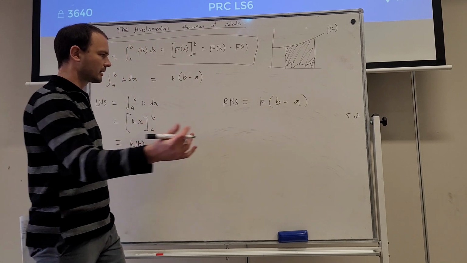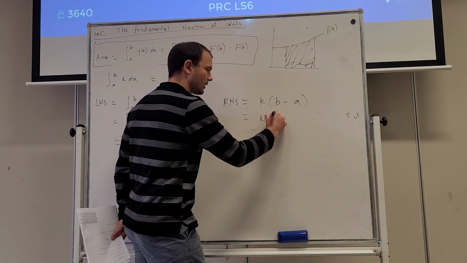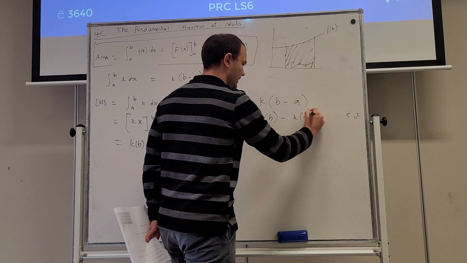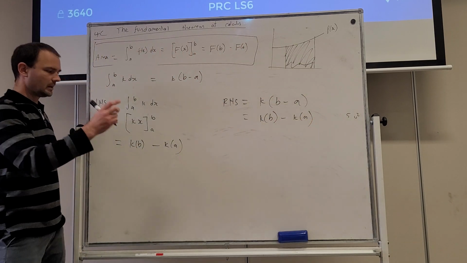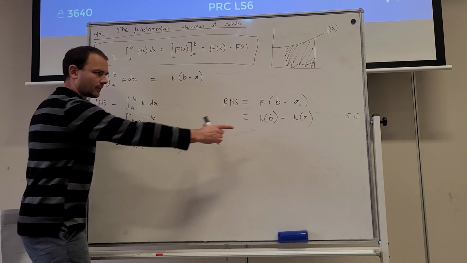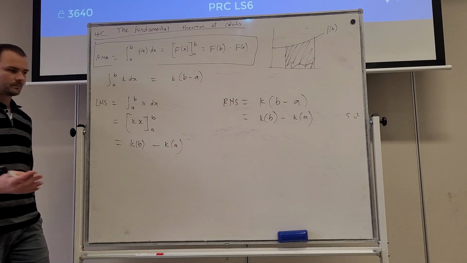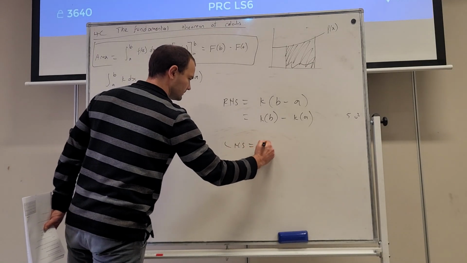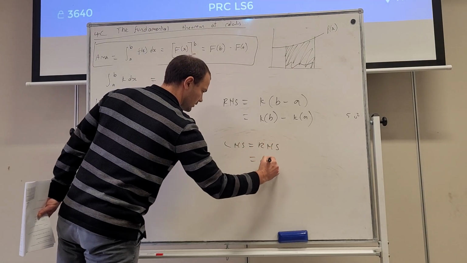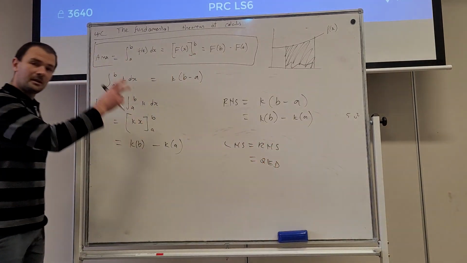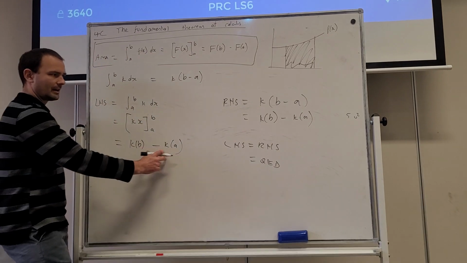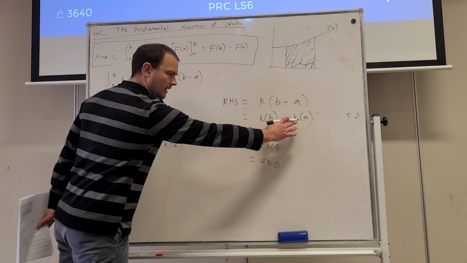What's another way I could write this? I could expand it. I could have it as k times b take away k times a. Oh, look, I've manipulated the left-hand side, I've manipulated the right-hand side, they are the same. The left-hand side is equal to the right-hand side, QED. So that would be a perfectly fine way of communicating. You've got the left-hand side, you've evaluated it to that, you've got the right-hand side, manipulated it to that,